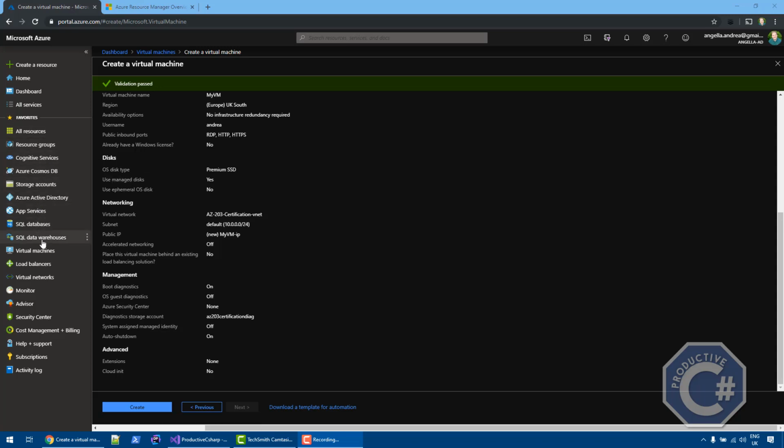So I clicked virtual machine, add a new virtual machine, specified all the parameters I want for my virtual machine using the wizard, and I'm about to create a virtual machine. But I'm not gonna do that because I want to create these VMs in an automated way using C#. So I want to use this wizard only as a way to help me to define how I want my